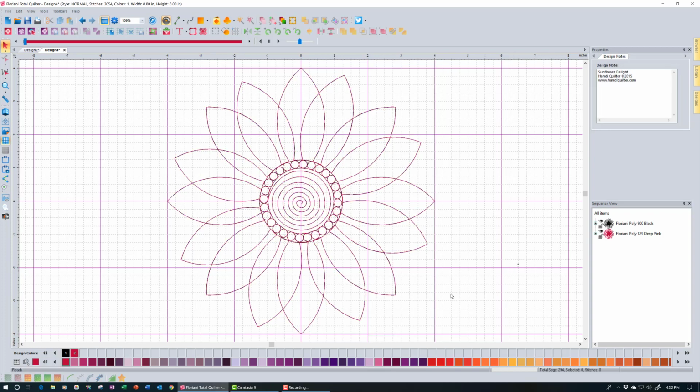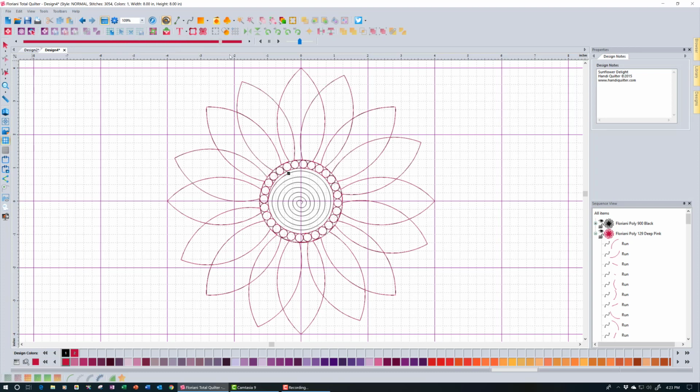And if I look at it, it looks okay. And if I expand it, I will see that I've got all of these items here. And what will happen if I try to stitch these? Well, it looks like it's going to be okay. So if I go through the sequence here, I can see that it is stitching out pretty much the same